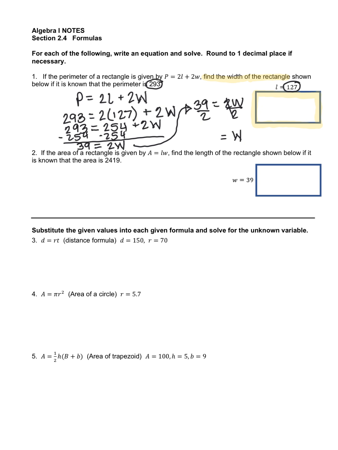Number 2, let's go ahead and do area. So number 1, we did perimeter. Now we're going to be doing area. It says, if the area of a rectangle is given by A equals LW, find the length of the rectangle shown below. So they want us to find the length, L, of the rectangle shown below, if it is known that the area is